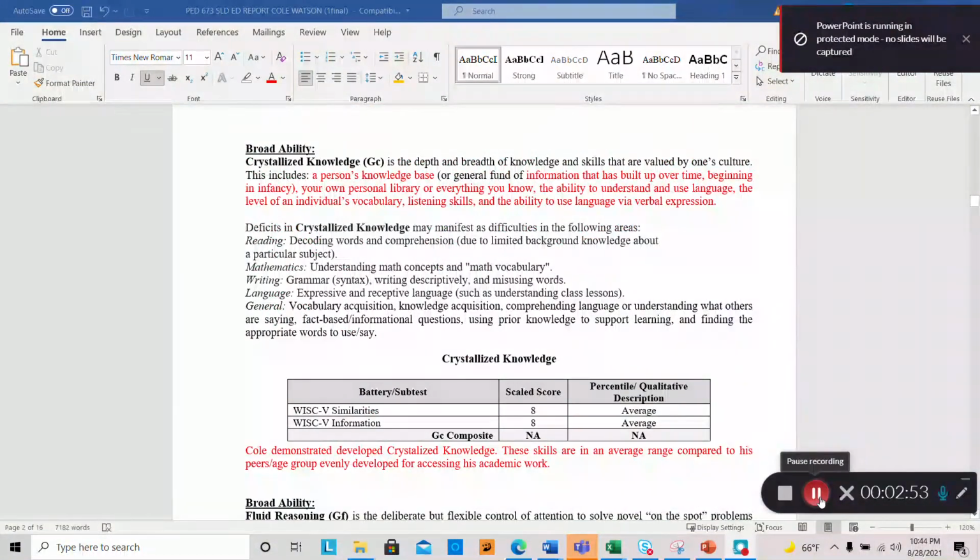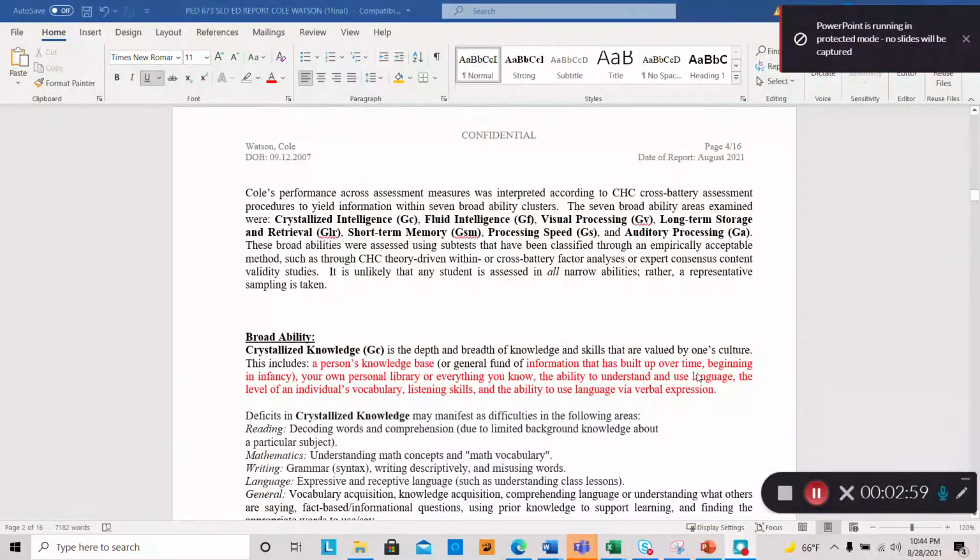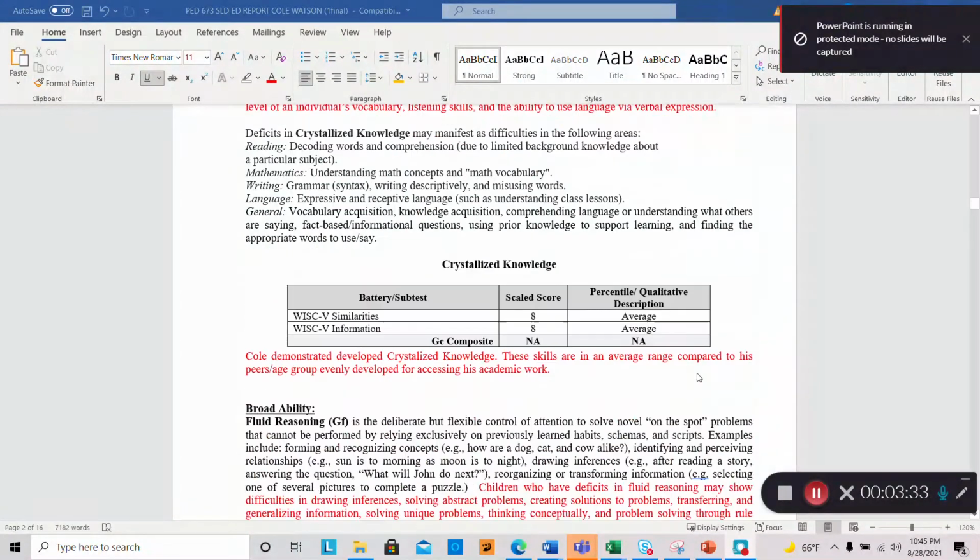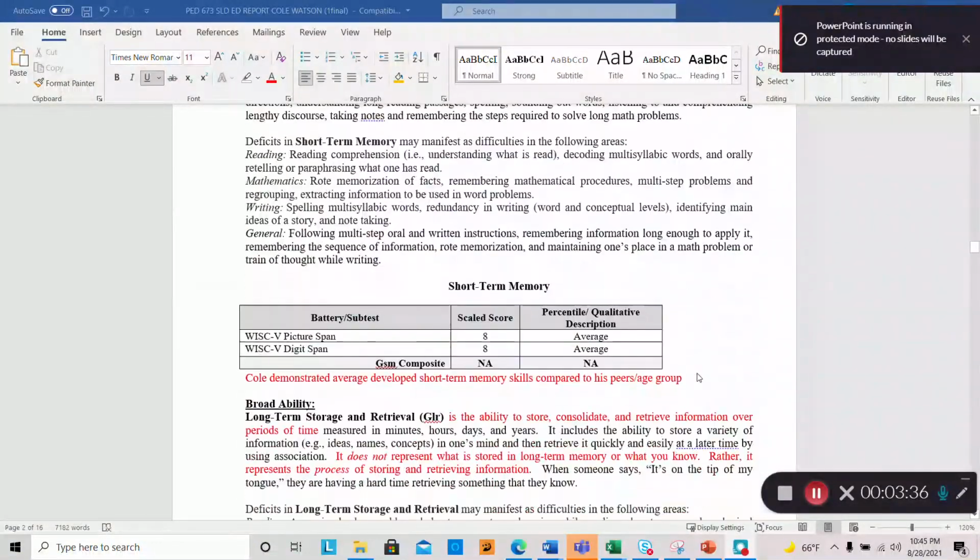Now, as I stated, the WISC focuses on broad abilities, and it has seven different broad abilities. One is crystallized intelligence, the other is fluid intelligence, then we have visual processing, long-term storage and retrieval, short-term memory, processing speed, and auditory processing. For Cole specifically, he landed in the average range for five out of the seven broad abilities. The two in the below average range were processing speed and auditory processing. And what that actually focuses on